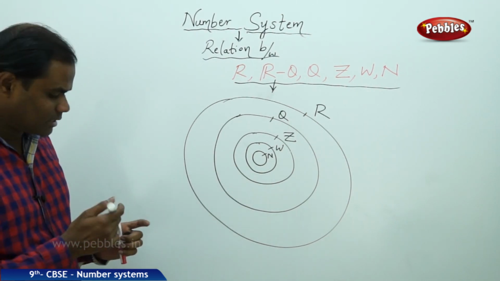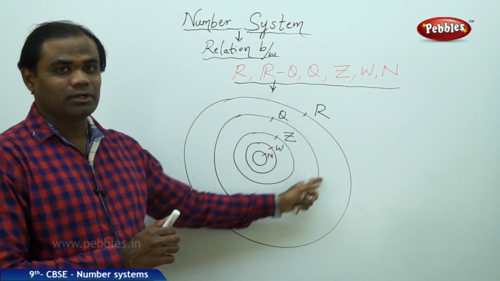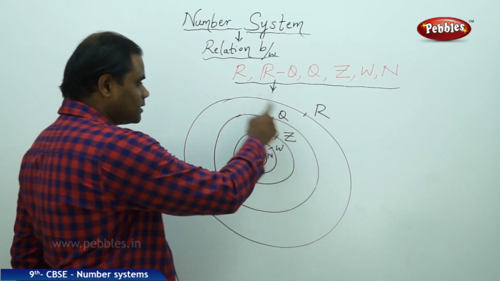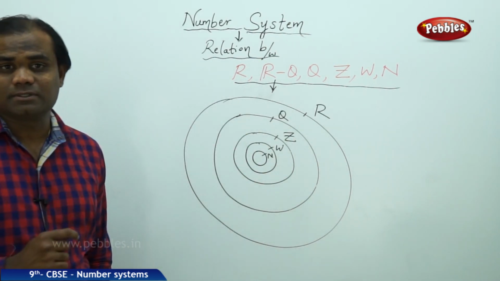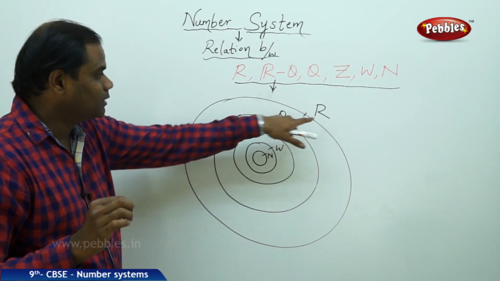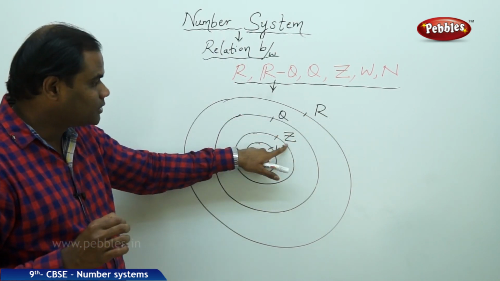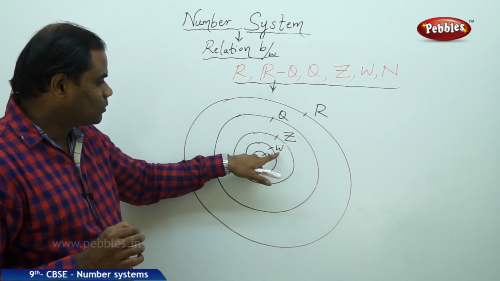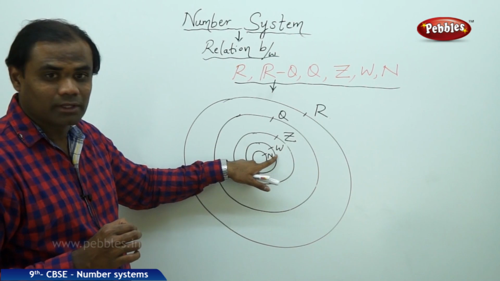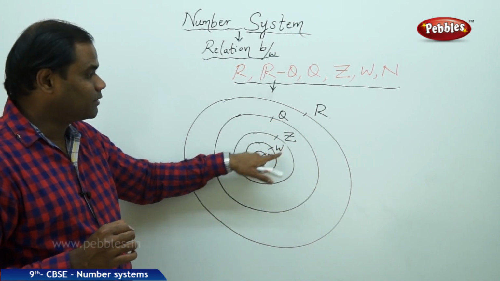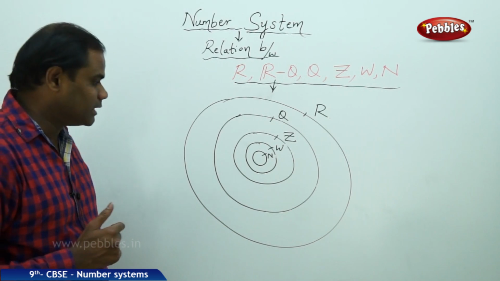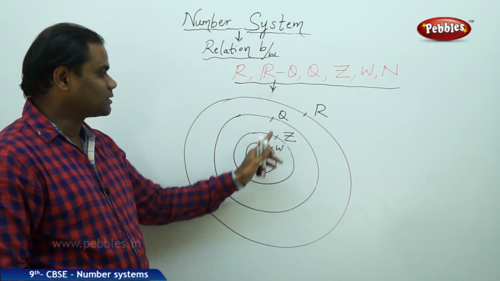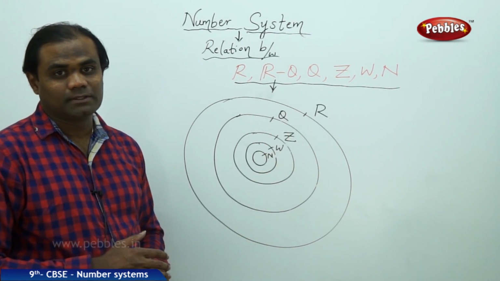So this makes me clearly understand that all rational numbers, which are inside the circle of the real numbers, are part of real numbers. So every irrational number is a real number. Every integer is a rational number, and every integer is a real number. Every whole number is an integer, every whole number is a rational number, and every whole number is a real number. Similarly, every natural number is a whole number, every natural number is a real number, every natural number is a rational number. But if you go the other way,